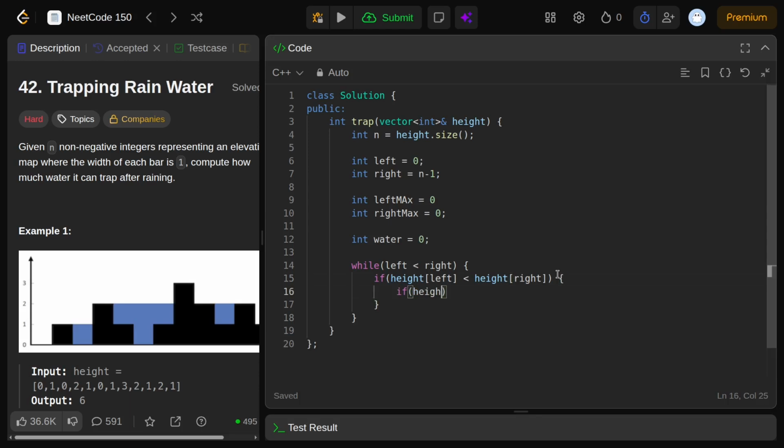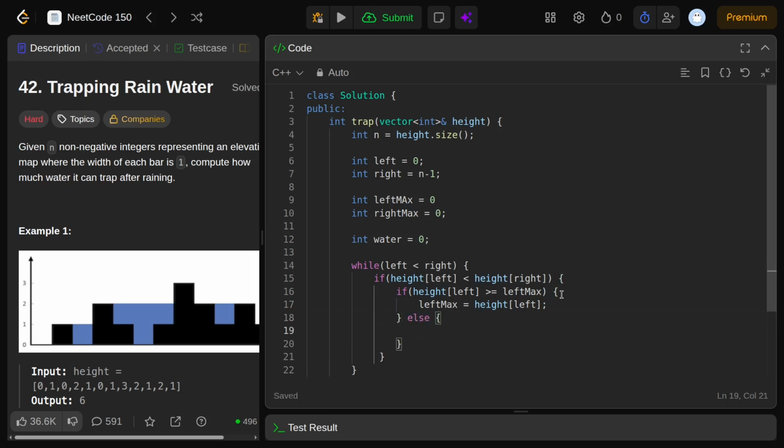So first we check if height of left is greater than or equal to the left max, then we update the left max, so left max equals the height of left,